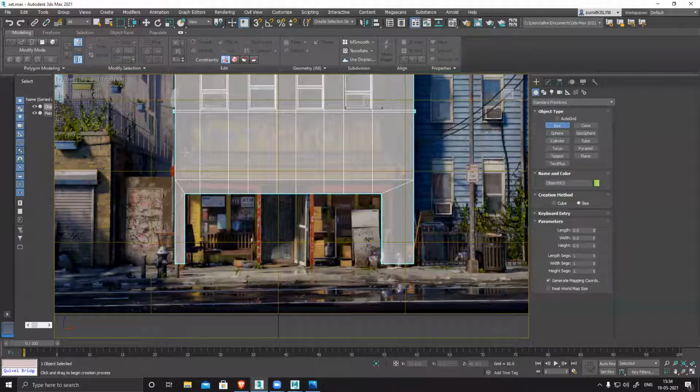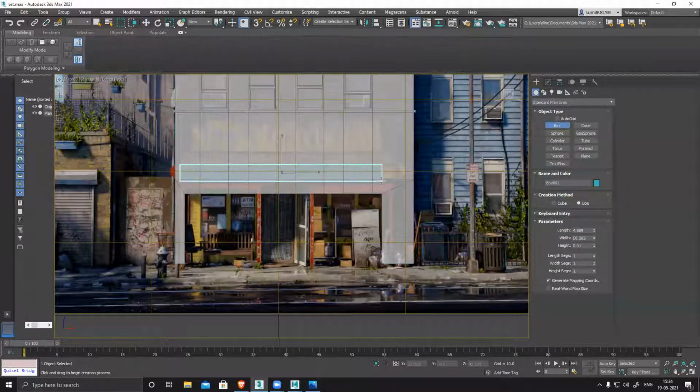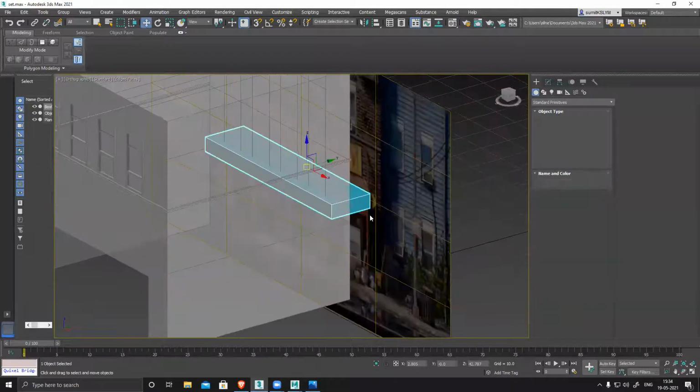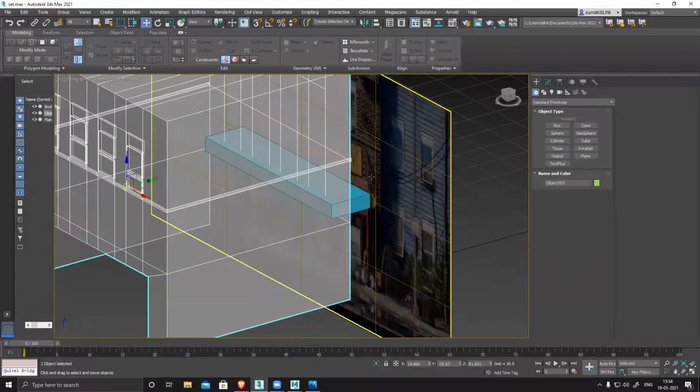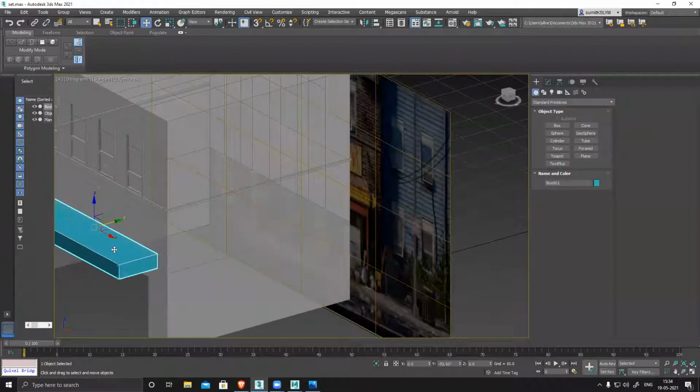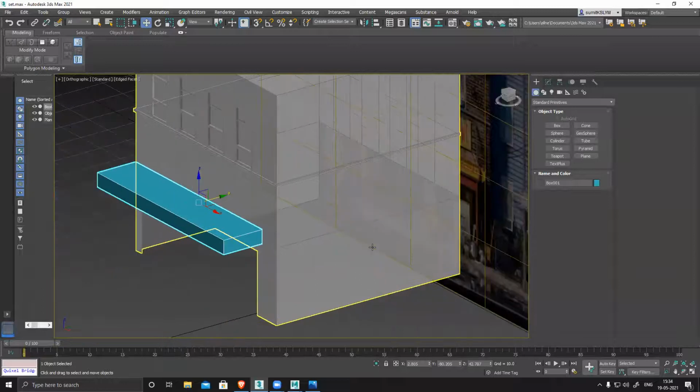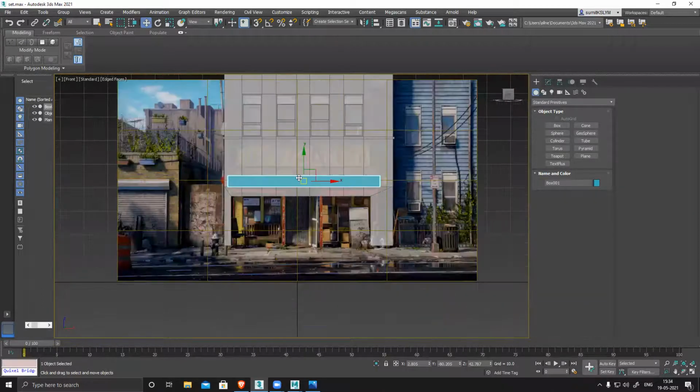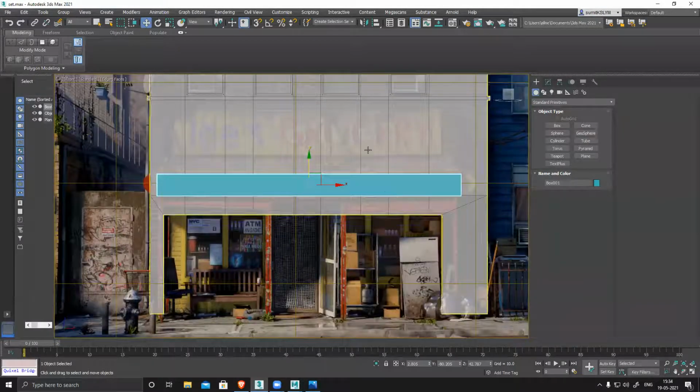box, create the plane, move it forward, and there's an angle.